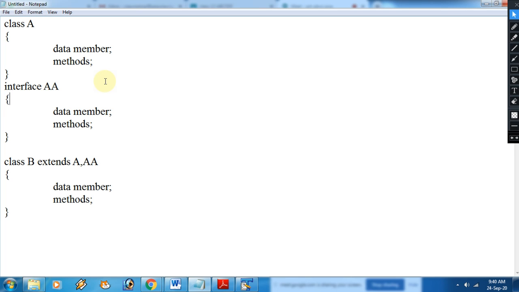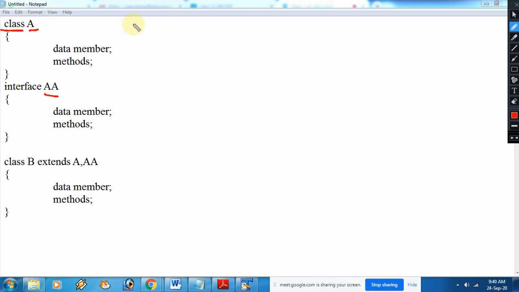In this case, we will write interface AA. So while declaring a class as interface, AA is your class name, and here we are using the class keyword for declaring the class. And now using this interface keyword, we are declaring the class using the interface concept.